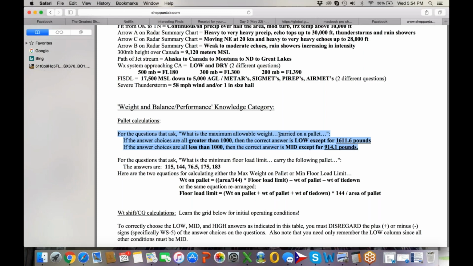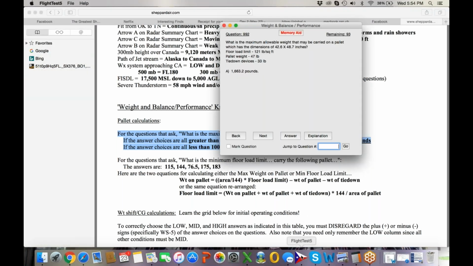What is the maximum allowable weight carried on a pallet? If the answer choices are all greater than 1,000, then the correct answer is low, except for the one that has 1,611.6 pounds in it. If all the answer choices are less than 1,000, then the correct answer is mid, except for 914 pounds. So if we pull up this flight test right here,